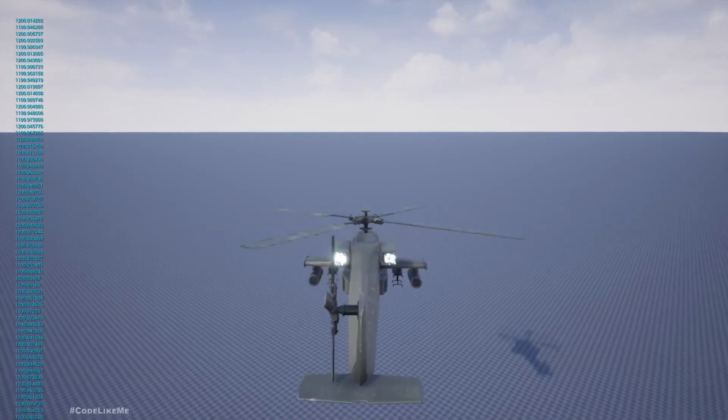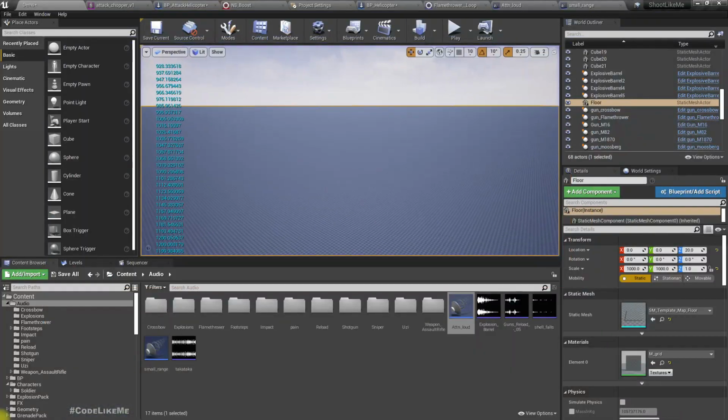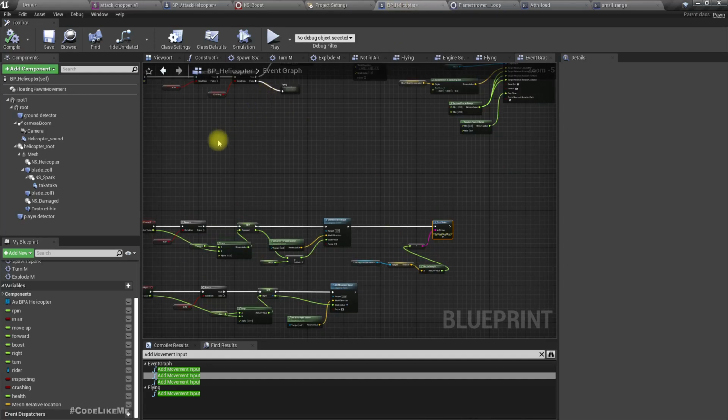We are kept at 1000. So right, that means